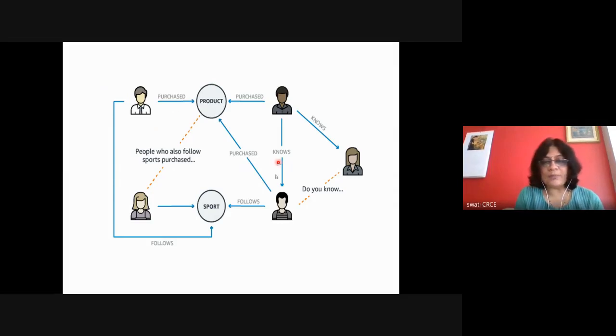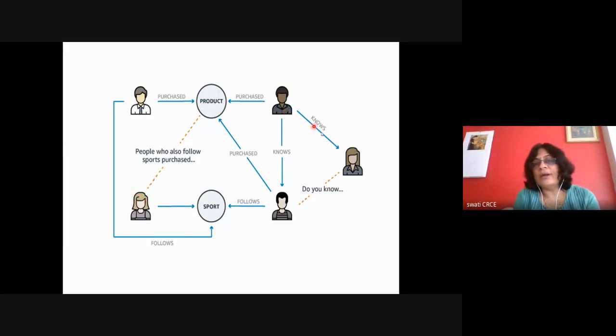Another example: these graph-oriented databases are also helpful in performing recommendations easily. For example, suppose this person has purchased this product. This product is purchased by these three people, and they have purchased. And this person follows sports. This man also follows sports, and this girl follows sports. So this may be a sports product. So these two people who follow sport-type activity purchase this particular product. So this girl may also purchase this particular product, so this girl will be recommended this particular product.